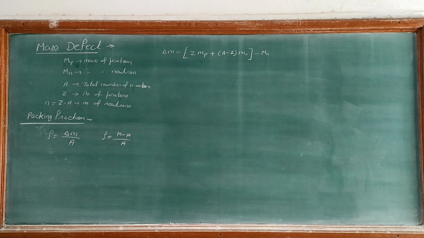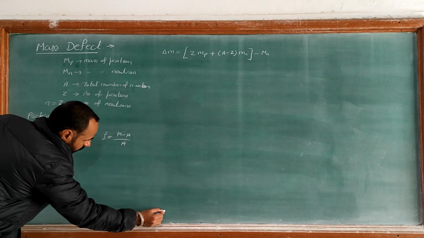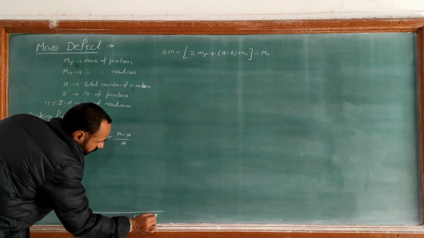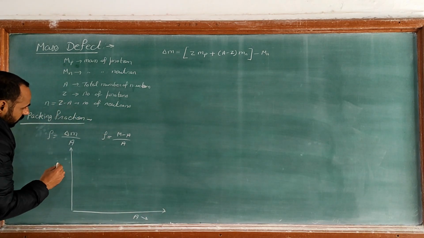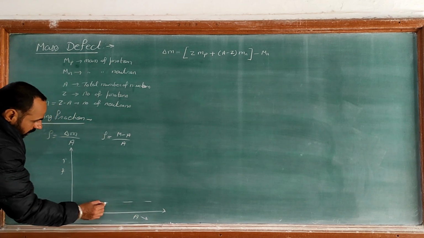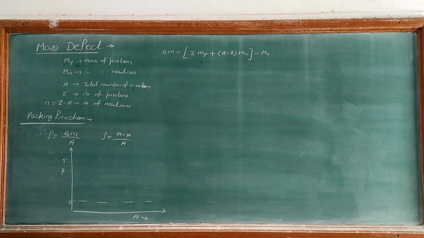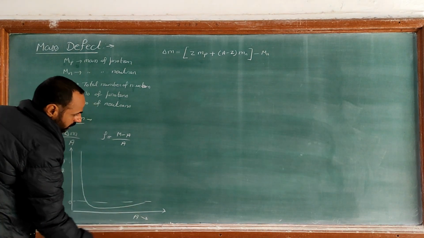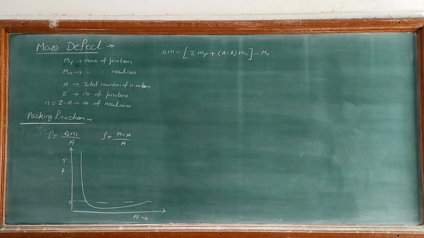So now if we plot the packing fraction against the mass number, then we have a curve like this. If this is the mass number and along the y-axis we have packing fraction F, and this is the line corresponding to zero value of F, then the curve is like this. So this represents that